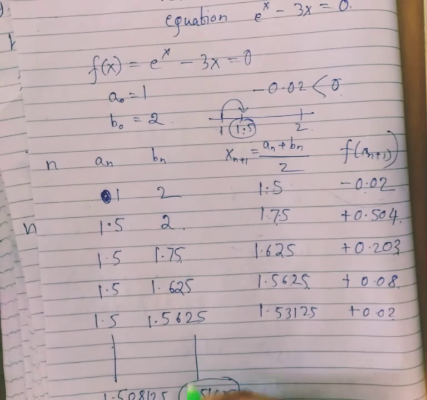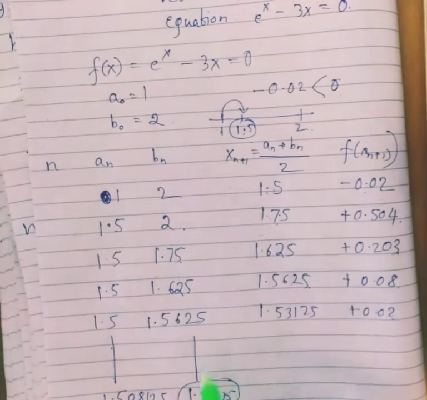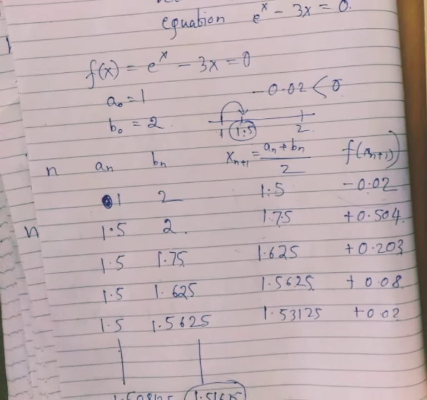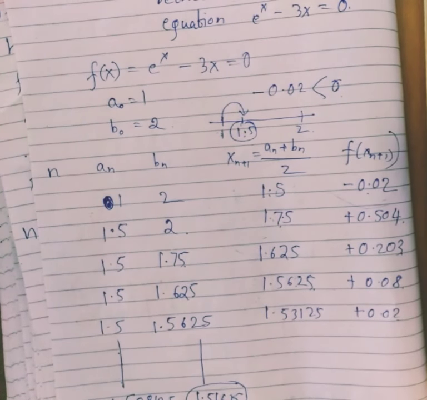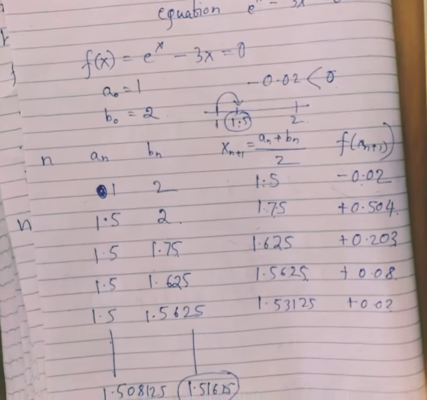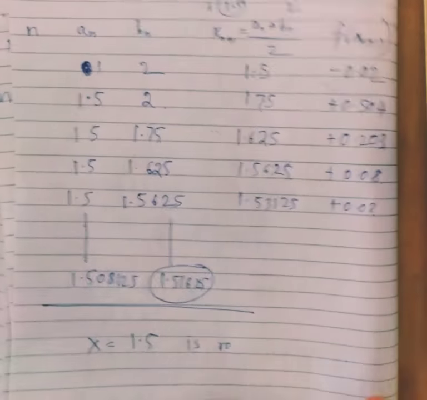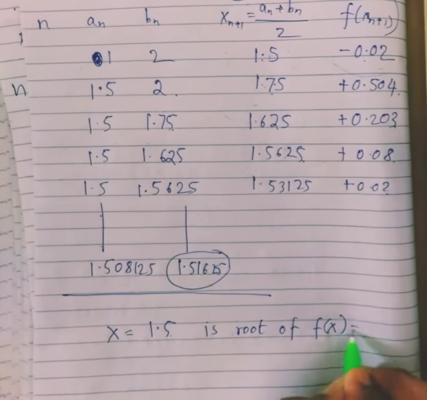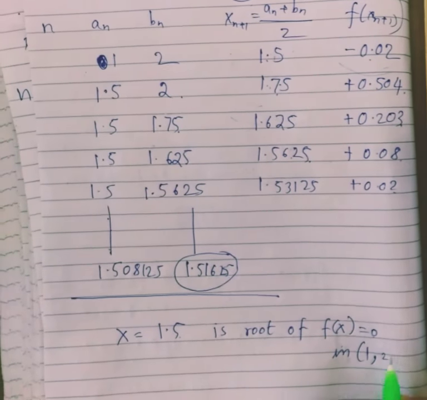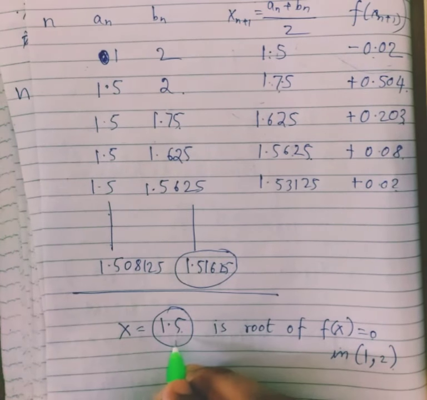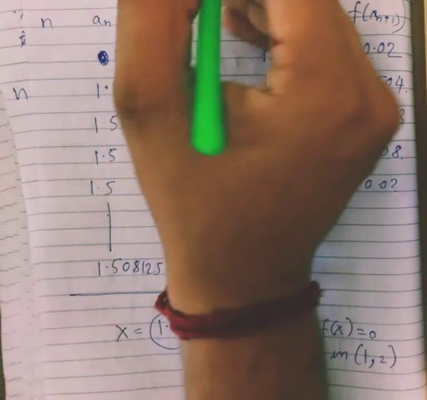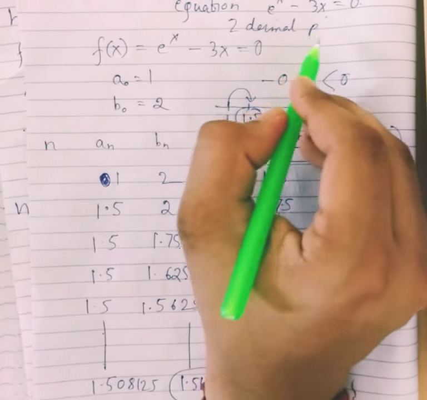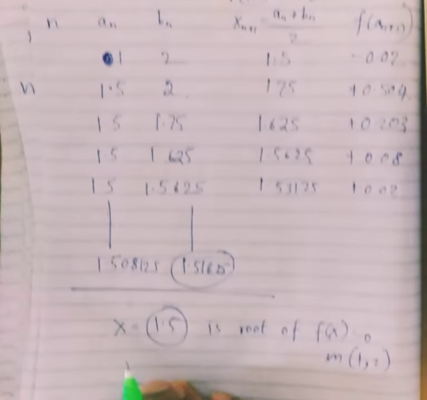Why? Because the previous value of bn was the same as that. So we finally stop here, and we give it out that x equals 1.5 is a root in [1, 2]. We printed 1.5 because the question asked for the answer up to 2 decimal places, sorry I didn't mention that. Sorry again. So the value is